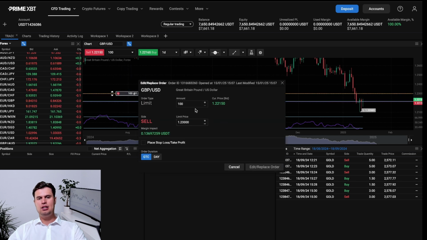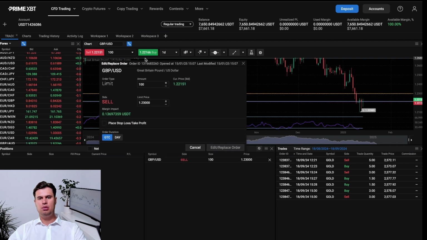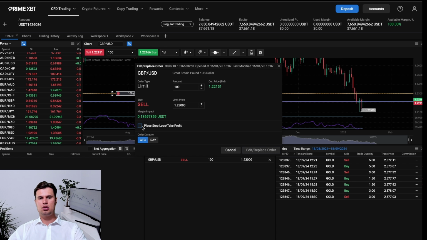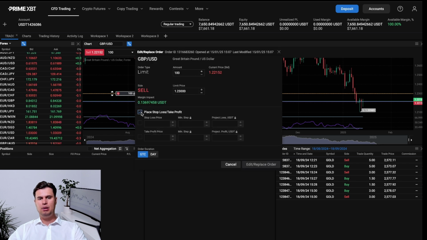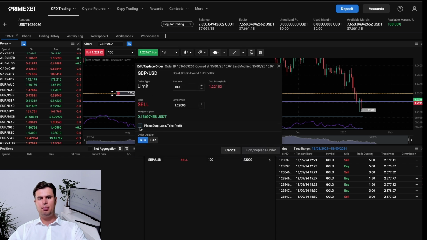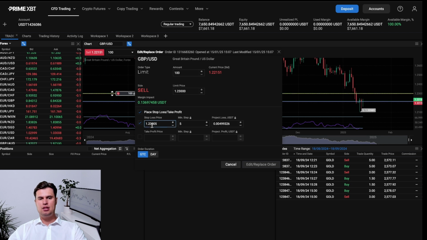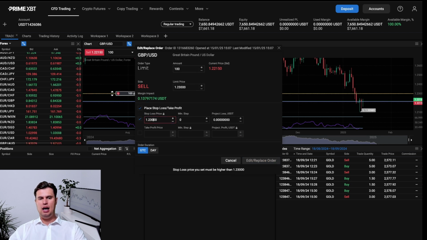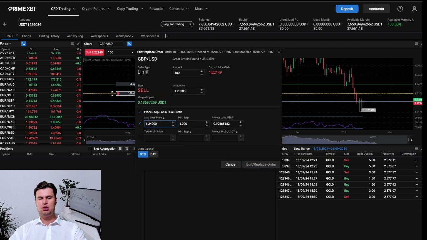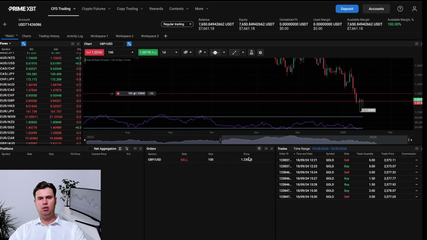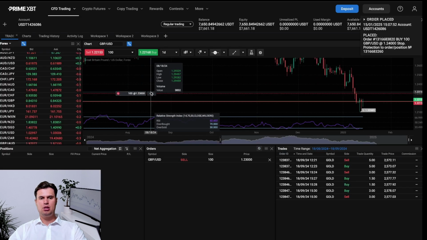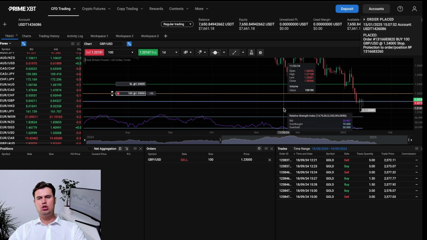Now, if you want to enter into, say, for example, some risk management strategies such as a stop loss and a take profit, you simply go and click on where it says place stop loss and take profit. You then simply click on the stop loss price, and let's say, for example, I would like my stop loss to be at around 1.24. There you'll be able to see that your projected loss will be around $1 if price trades against you. Okay, I go edit, replace, I go confirm, boom, that position has now got its active stop loss set and